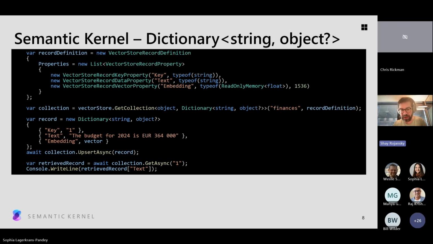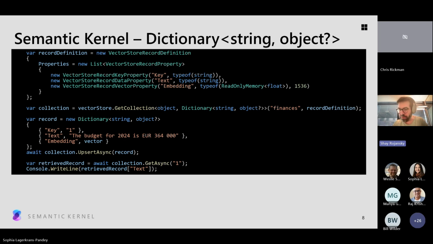The API you're seeing here is still subject to change. There's still one more change: rather than doing get collection, it's going to look a bit different, but it doesn't really matter. What you can see is we're getting a collection, the same as before, but instead of a user type like the finance info that you saw before, the key is an object and the value is a dictionary of string to object. So the record type that we're mapping is the dictionary, and the key is an object. It can be anything.